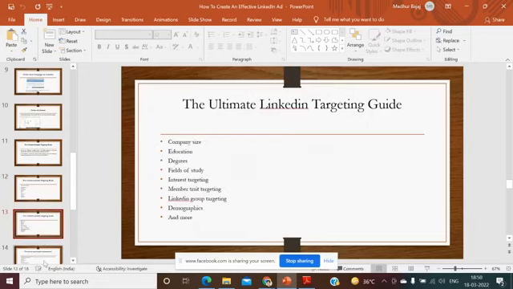So these are some theory concepts, but I'll show you some practical examples. Then company size, education, degrees, field of study, interest targeting, member trait targeting, LinkedIn group targeting, demographics, and much more. Alright, so now if you want to run LinkedIn ads in your business domain, first thing first,